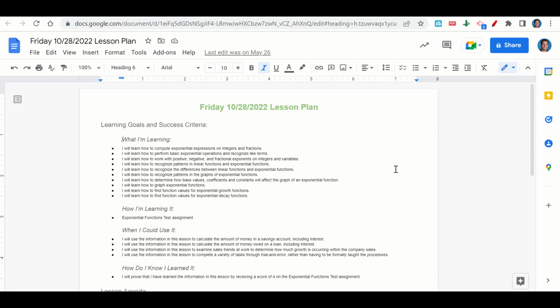We're learning how to compute exponential expressions on integers and fractions, how to perform basic exponential operations and recognize like terms, how to work with positive, negative, and fractional exponents on integers and variables, how to recognize patterns in linear functions and exponential functions, how to recognize the differences between linear functions and exponential functions, how to recognize patterns in